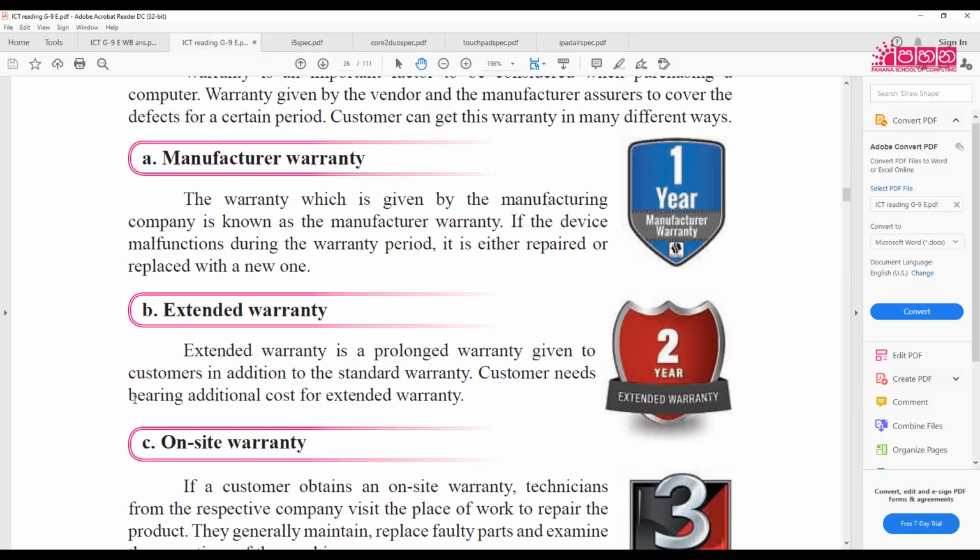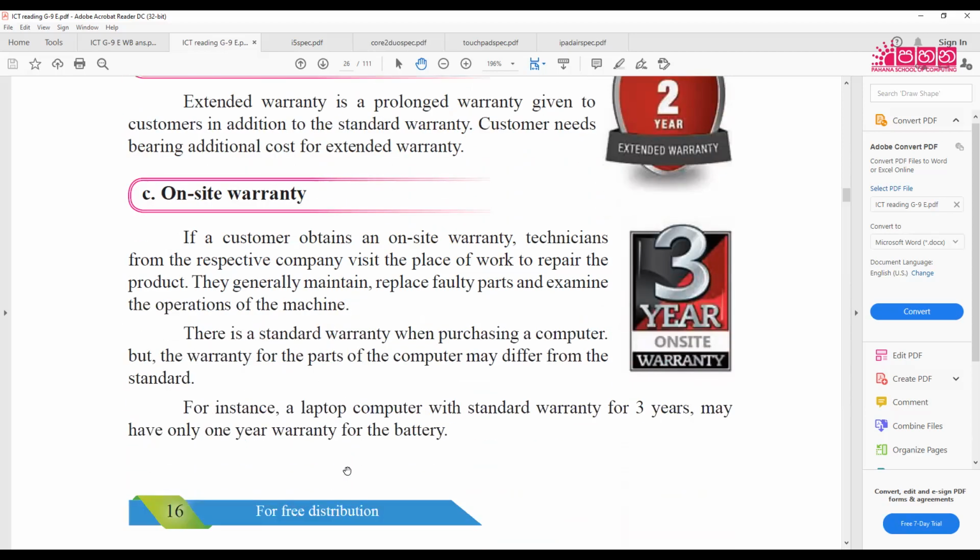Normally, these sellers will give you a limited warranty, like 1 year or 2 years. But then you can extend the warranty to 3 or 4 years. It's possible, right? You have to pay some additional money for that. Then there's another warranty type called on-site warranty,